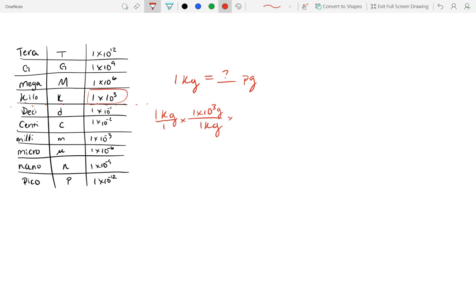Okay? So now that we're in the gram, we go to the picogram. So in 1 gram, we're going to find 1 times 10 to the negative 12, or 1 times 10 to the 12 picograms. Notice how I changed the sign there. I changed the sign because,